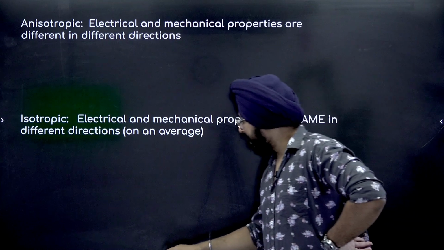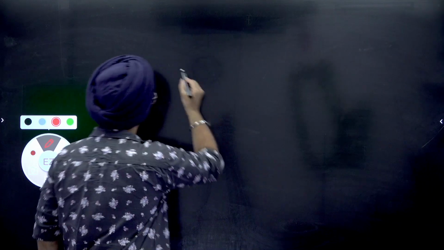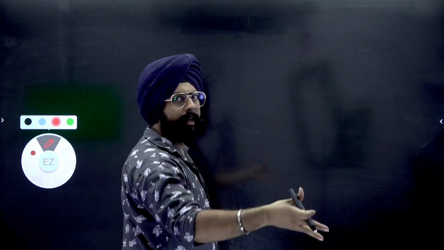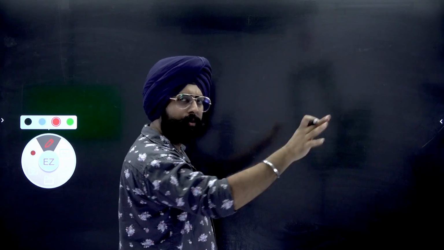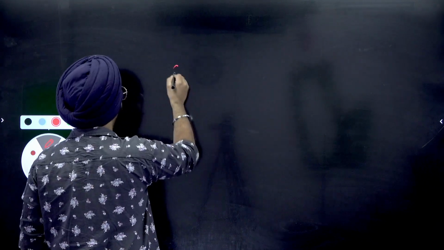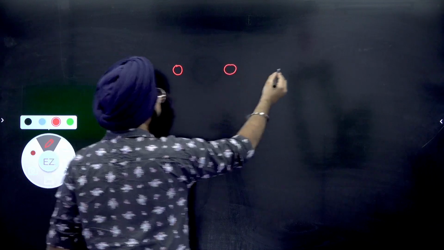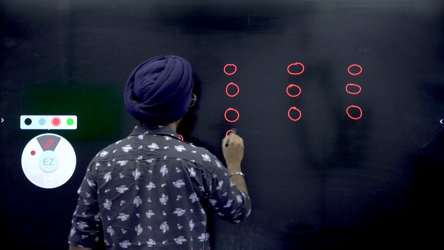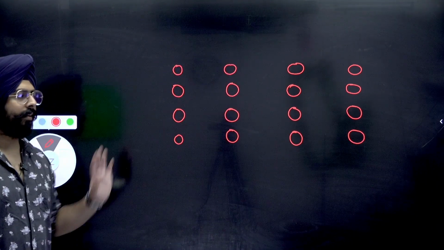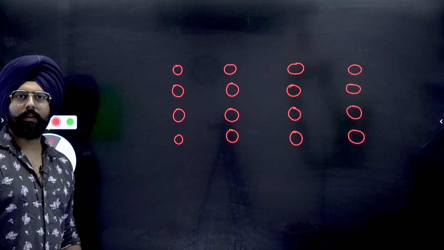Let's try to understand this with a certain diagram. And after the diagram, I'll show you the real life example here in the class itself. So I'll draw a diagram over here. Please make sure you draw it in your notebooks as well. So let's try to make a hypothetical arrangement of atoms or constituents of a crystalline solid. Let's make a hypothetical picture, something like this. Fine. Can you see the well-defined arrangement? Nice rows and columns.